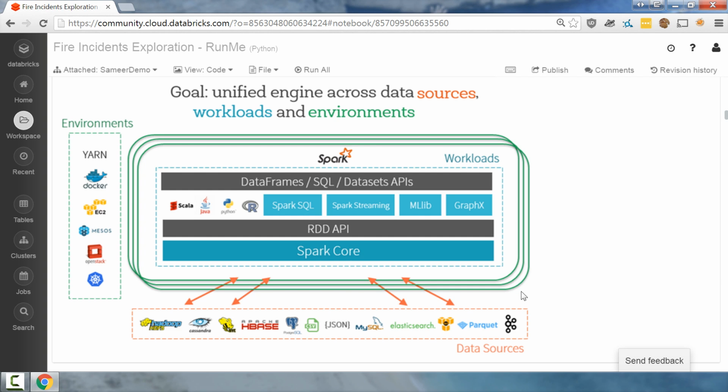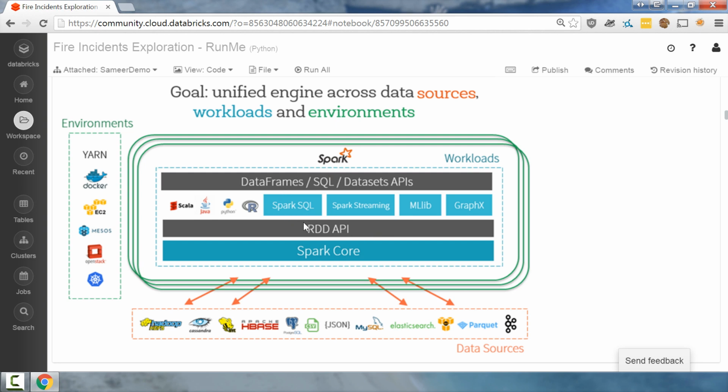So if you're new to Spark, here's Spark 101, a little bit more technical. There are many data sources you can read from. Basically, every major file system or database in 2016 you can read from. Spark runs in almost every major environment: Docker, EC2, Mesos, Kubernetes, Yarn. We will run exclusively in Amazon EC2 today, and we're going to be reading data from S3. The data we'll be reading is CSV data or Parquet data. All right,